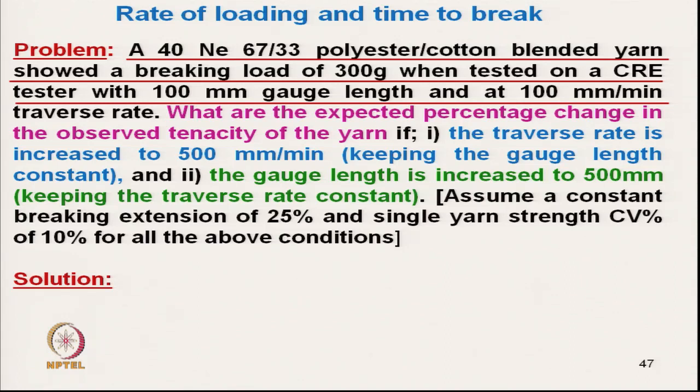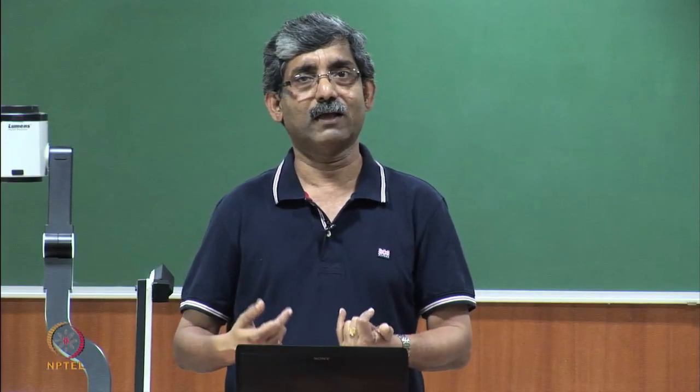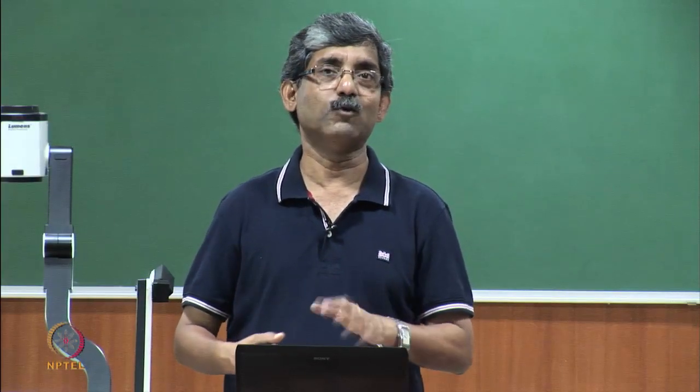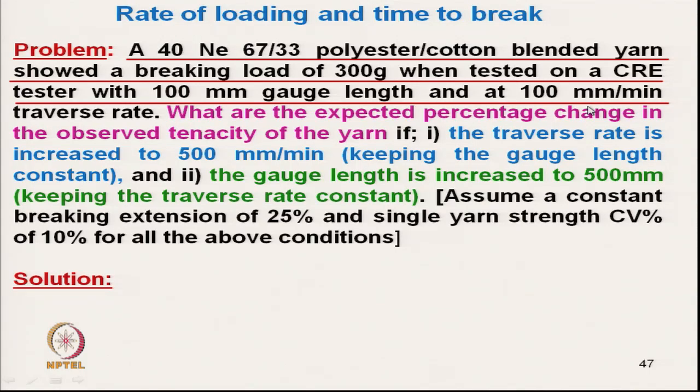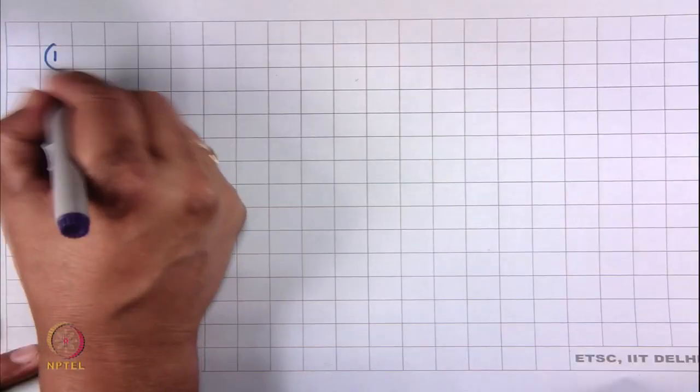So, effectively the 40 NE and 6733 in this problem do not mean anything. This is a yarn. One should not get confused, because this is just a specification of the yarn. Here we are trying to understand the effect of rate of loading and time to break. The situation here is that in the first case